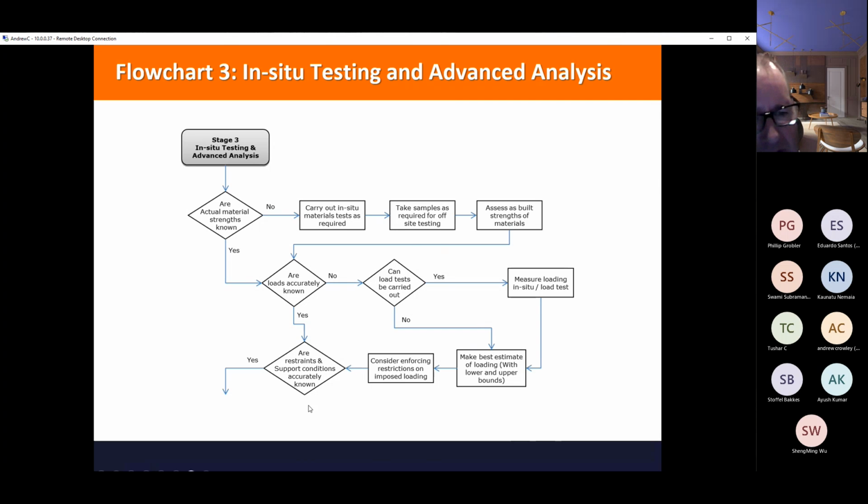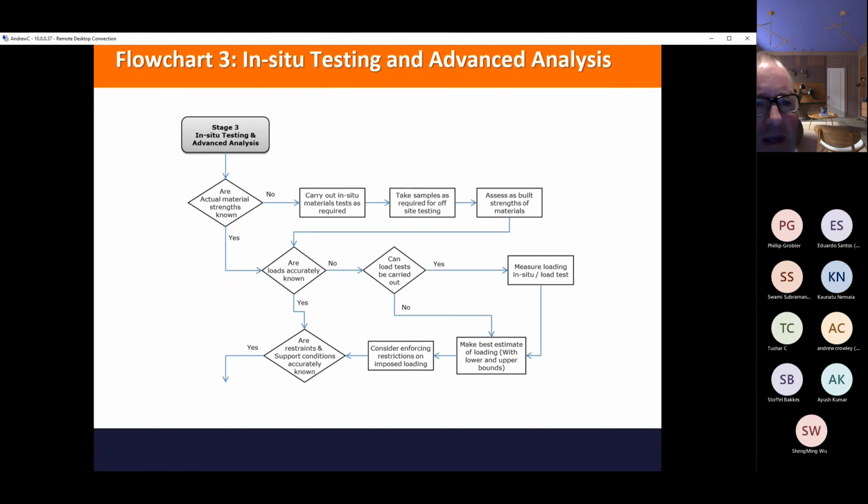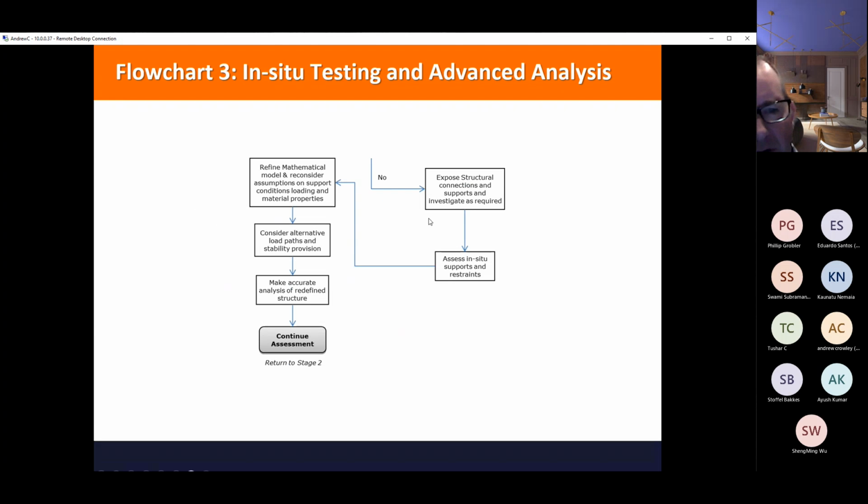The other aspect of the structure, of course, is how it's supported and how it's restrained. And are those restraints and support conditions known accurately? If they're not, then you need to expose it. Quite often, the weak parts are the connections.